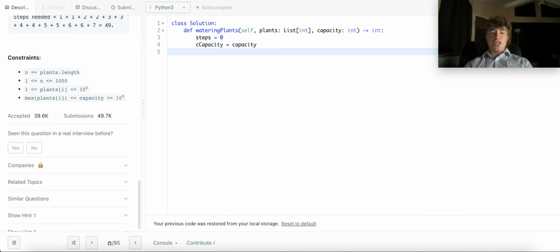And our current position is -1, but let's go through all the plants, right? So we'll do index, I guess, or offset. This is really an offset from the watering hole, right? So we're offset from the watering hole, and